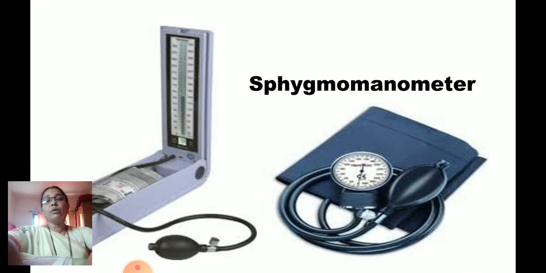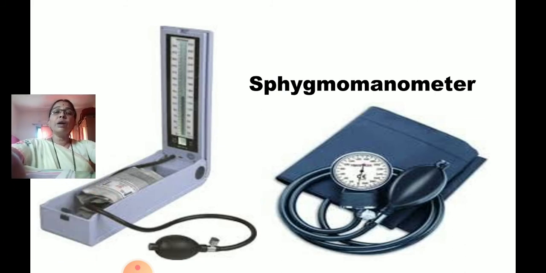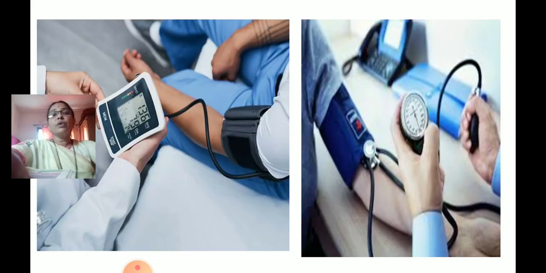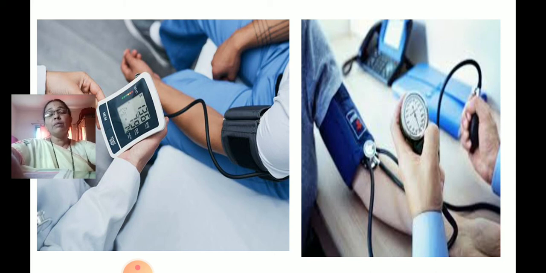Find out about the blood group of the people who are living around you or in your family. Make a chart of your family with the blood group as well as the blood pressure. Whoever is having high blood pressure or low blood pressure in your family, keep asking them how they are feeling. If they are visiting the doctor, ask them how much is your blood pressure today, what is the range of your blood pressure, then find out whether it is normal or not normal, whether it is high or low.